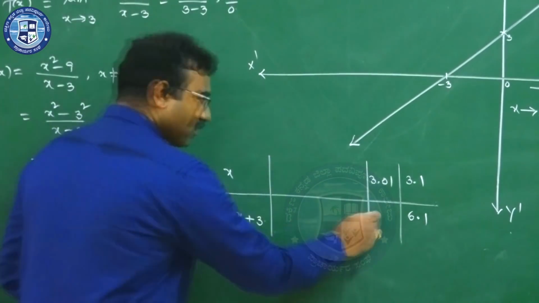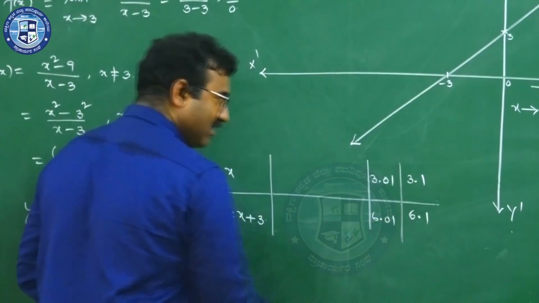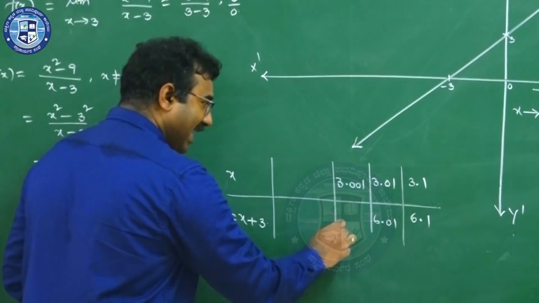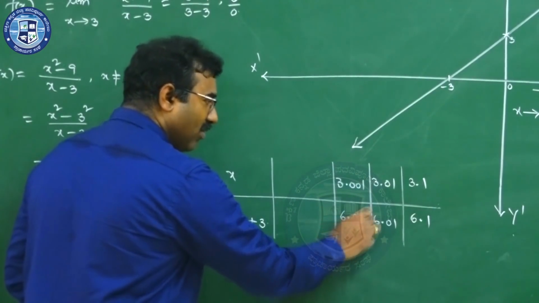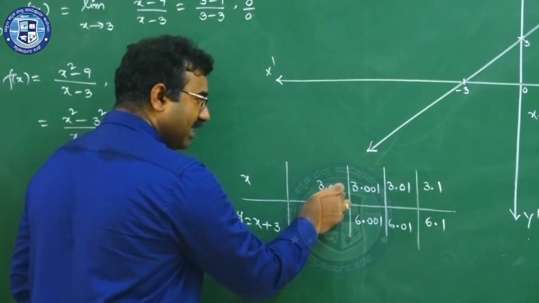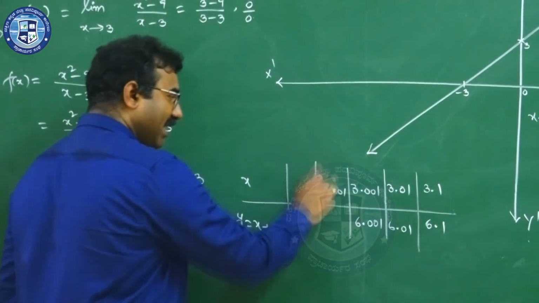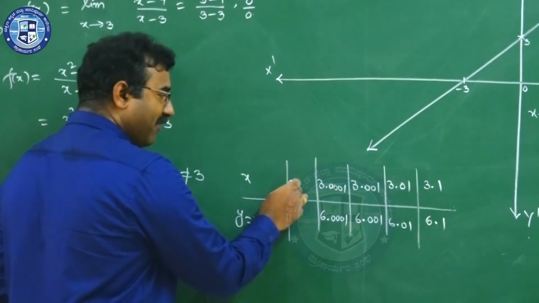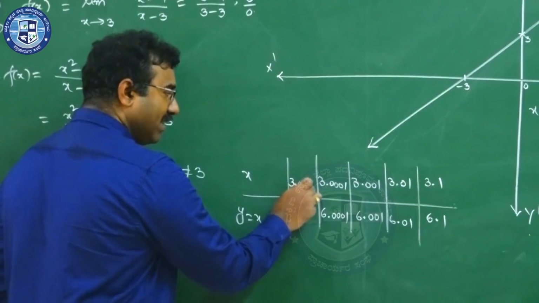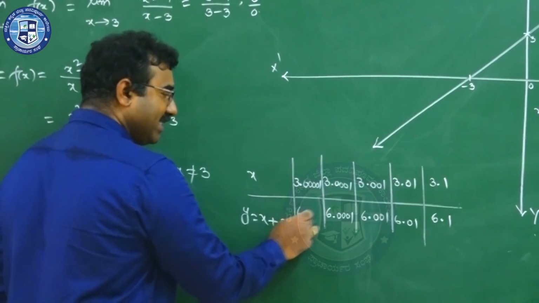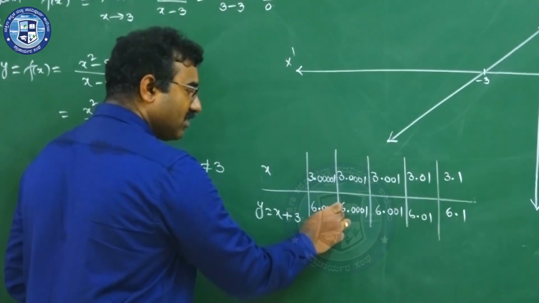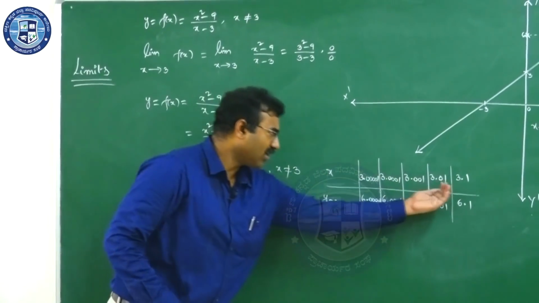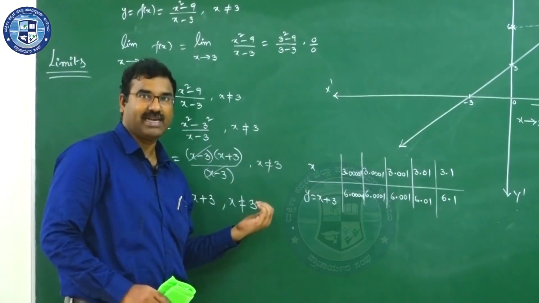The y value is 6.01. When I take x is equal to 3.001, then I get 6.001. If you take 3.0001, then 6.0001. If you take 3.401, then you get 6.401, right? So that means when you are coming close to 3 from the right side, the y is